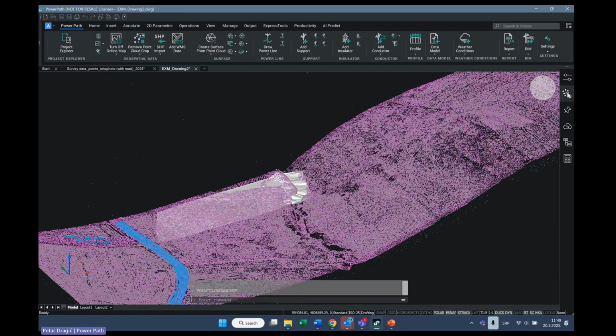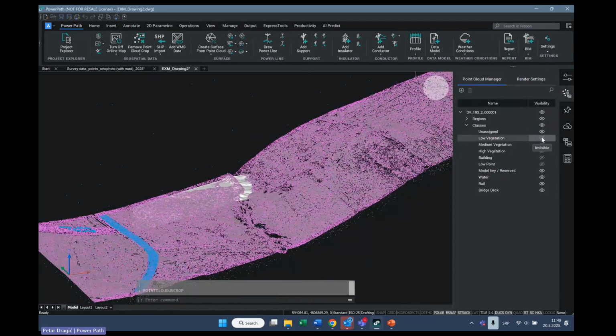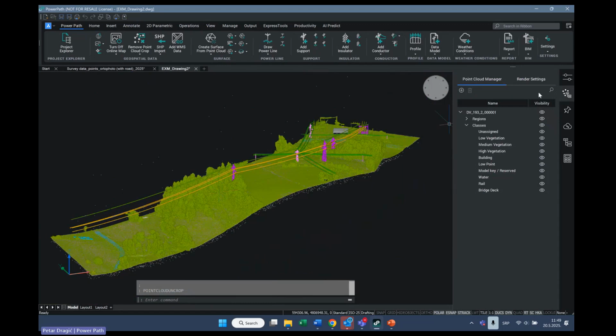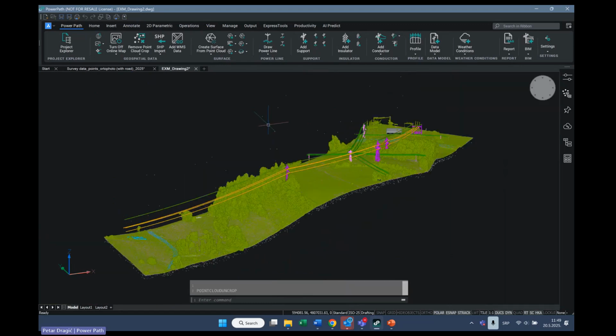Okay, if I'm going again here, I can turn on the visibility of all of the classified point clouds. Okay, I also want to share this information.